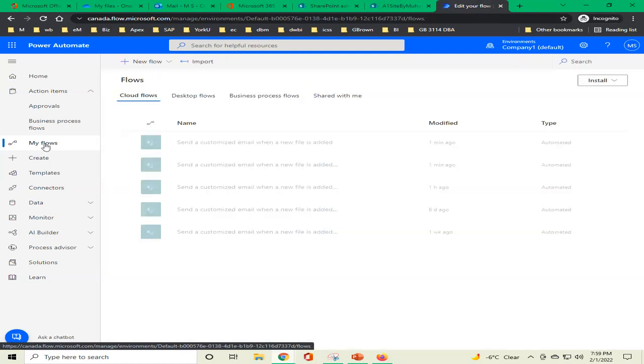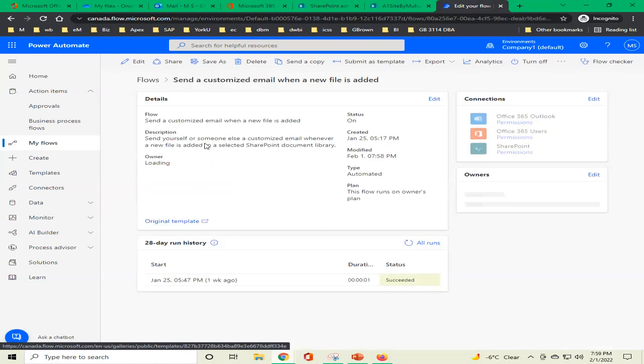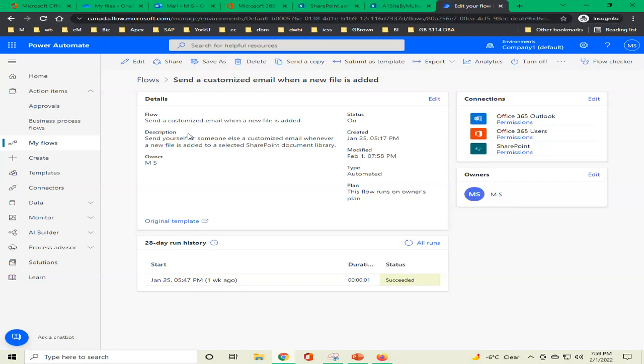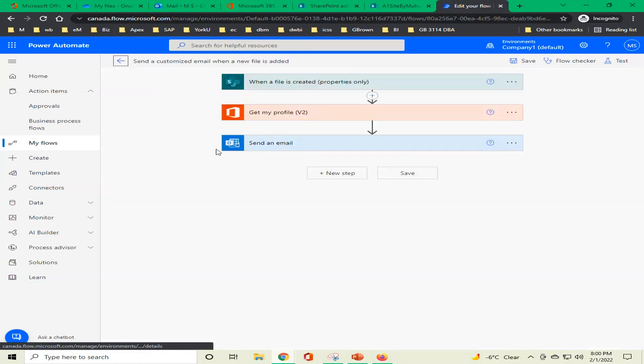But let me just go back and see why this one is not giving me my 4th connection. It's not giving me my 4th. Save as read, save, submit, export, flow checker. If it's not, it's a pity. I have created a 4th step and that has gone. But anyway, we have tested already before that our new step worked, and